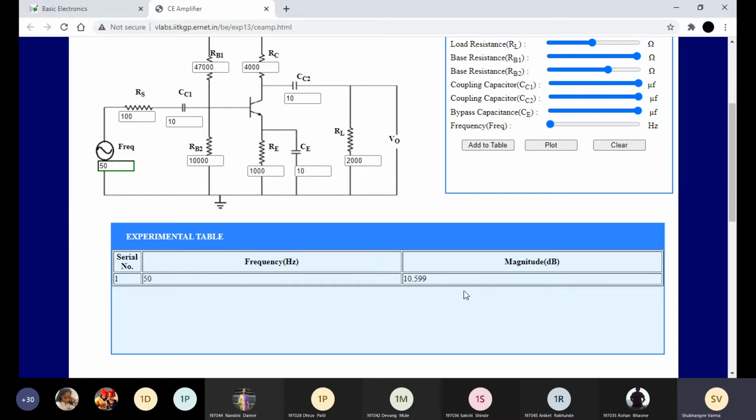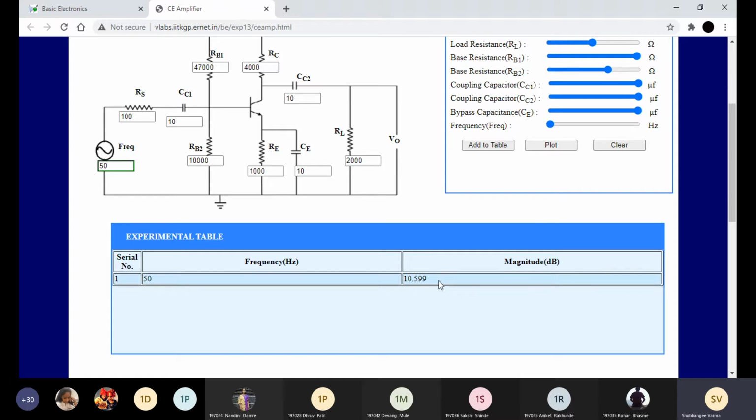How are you going to find out dB? The gain in dB is always calculated by 20 log Vout divided by Vin. Whatever output is obtained at this side is divided by the input voltage, which is 50 millivolt. We take the logarithmic value of this ratio and multiply by 20. So 20 log Vo by Vin will be your gain.